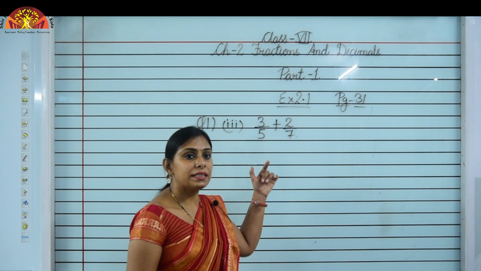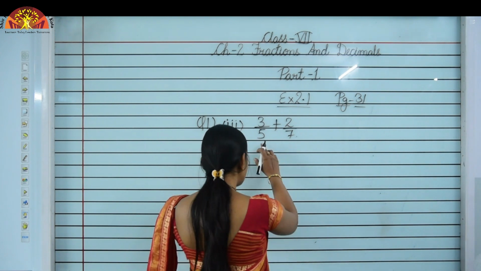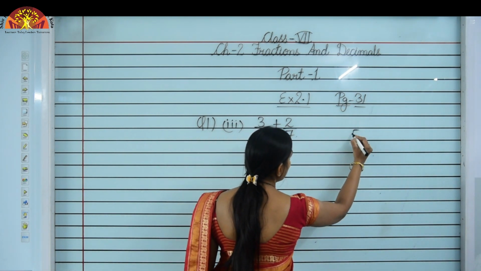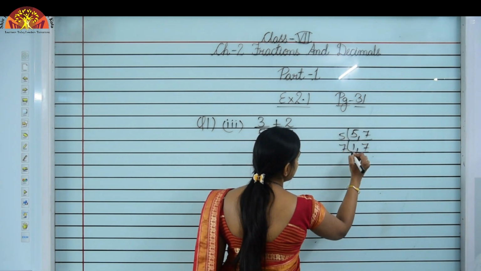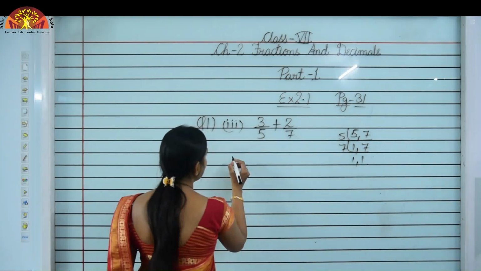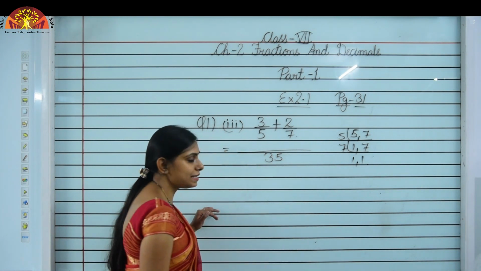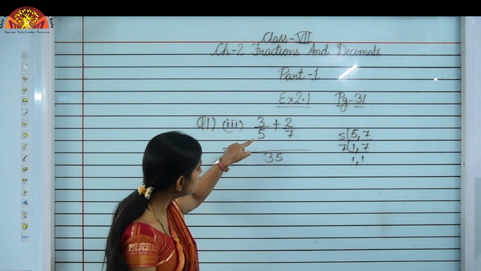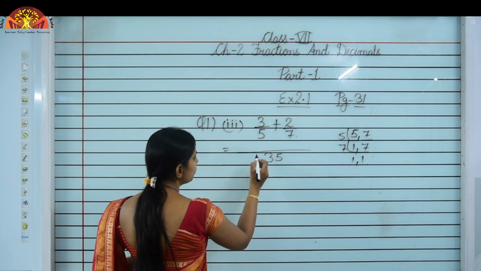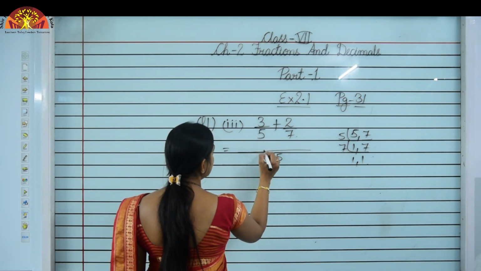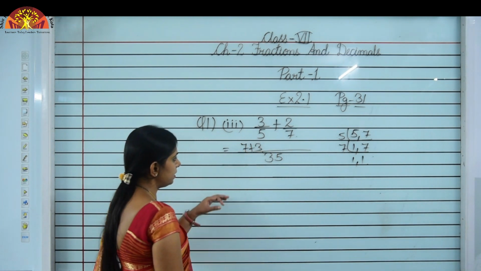So whenever there are unlike fractions, you have to take the LCM of the denominators. So we just take the LCM of 5 and 7. As you know, the LCM of 5 and 7 is 35, just see over here. So 5 sevens are 35. So LCM comes out to be 35. 35 is the LCM. Now as you know how to solve it, that is 5 into 7, 5 sevens are 35 and 7 into 3. So 5 sevens are 35 and 7 into 3.